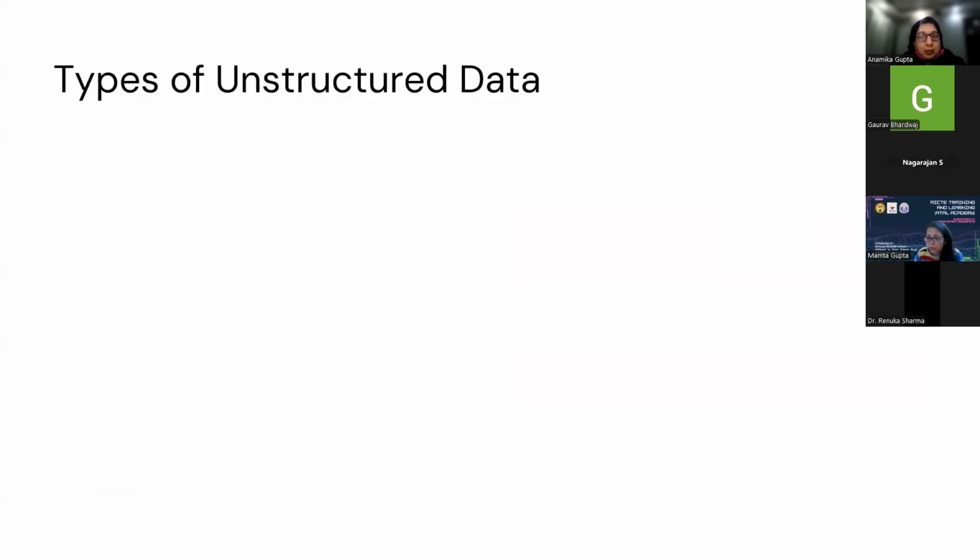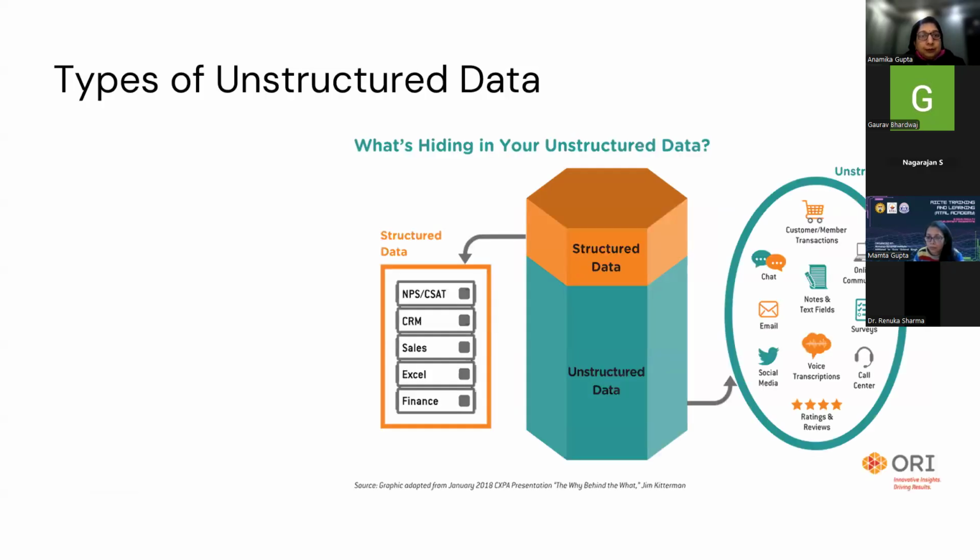Now we are talking about unstructured data. So what is unstructured data? From this diagram, we can see that structured data is something which we have been looking at for so many years. We have the Excel format data, we have databases, we have sales data, and we have CRM, we have other kinds of data, which is there in a structured format. There have been DBMSs, Oracle and all, through which we have been able to access the information from those structured data. But from the last so many years, unstructured data has come into place, like chats, notes, online communities, social media,